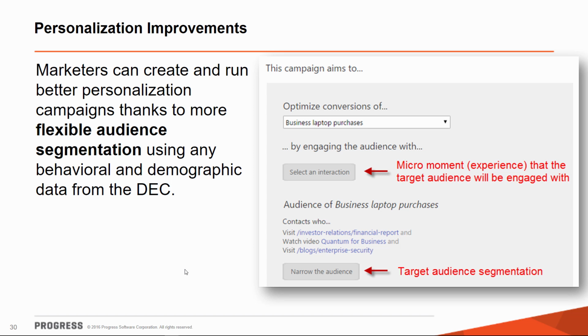And then the last piece is to define the target audience. Now marketers have the ability to take a predefined audience segment which the system has created for them using machine learning algorithms, and then add their human input to further narrow that audience by specifying additional behavioral or demographic attributes. And once the personalization campaign is created,